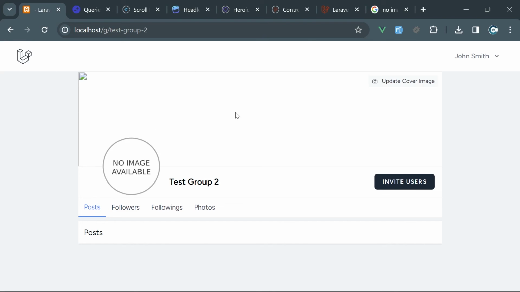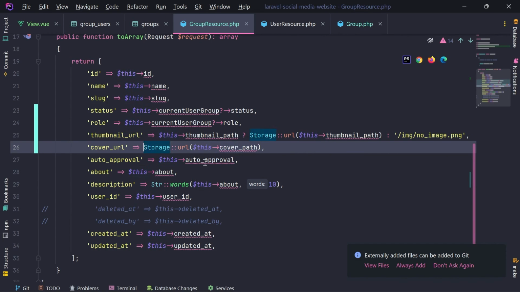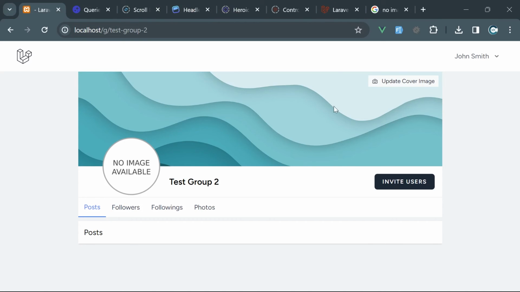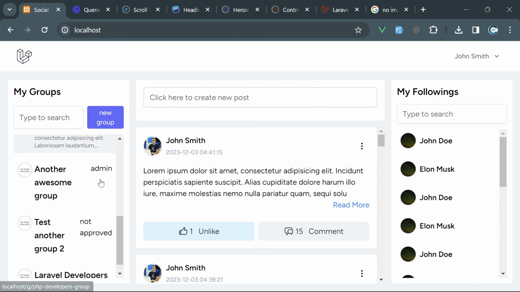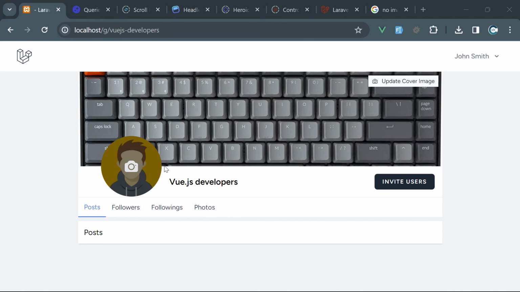Then we have this cover image broken, for which we can use the same thing, but in this case I'm going to return null because we have this on the front end side. So if the cover path exists, we return its URL, otherwise we return null, in which case we see this default cover. And this default cover is taken on the front end side. Okay, whenever I create a new group, it has no image. Then we go to the group section and I can update its